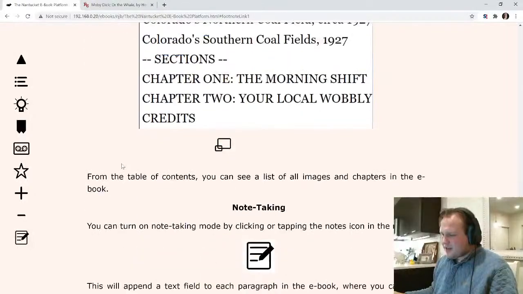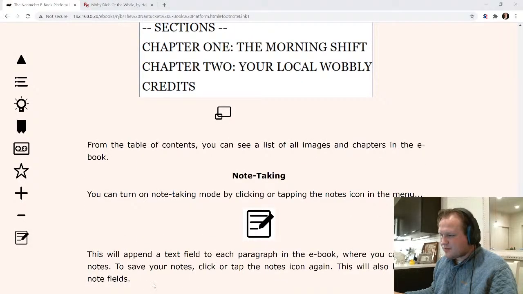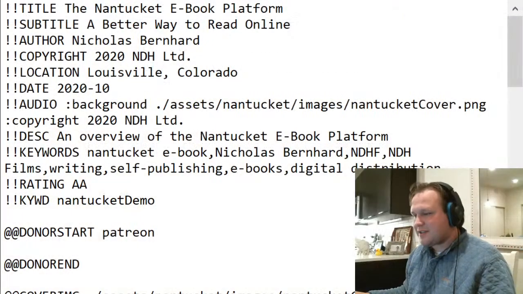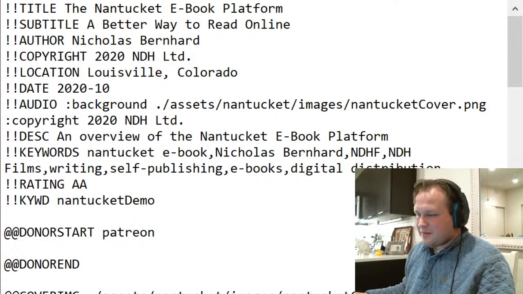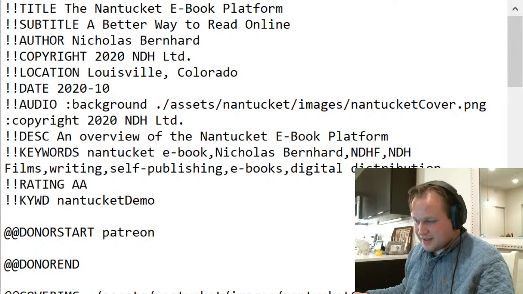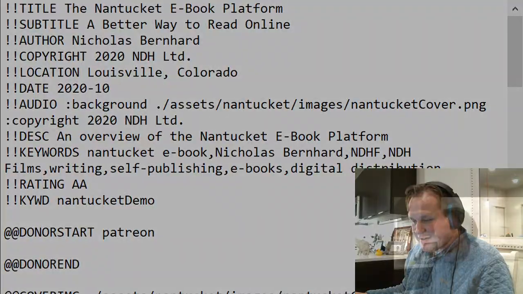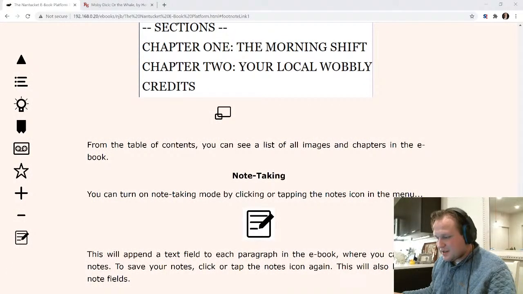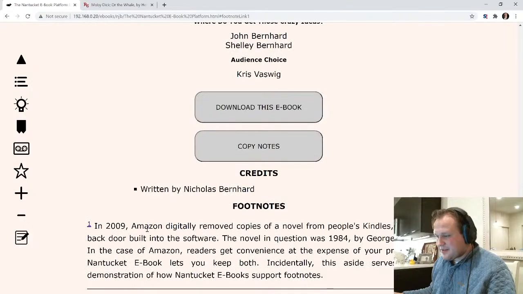So let's see here. I wanted to talk also about... Let's head back up here. Page up. And let's get you seeing what I'm looking at here for the browser. We see that, and so there's our